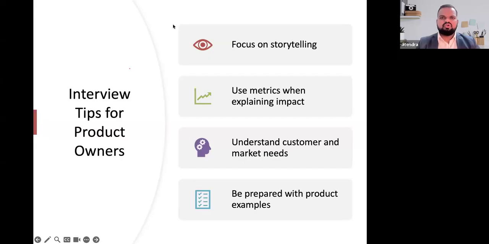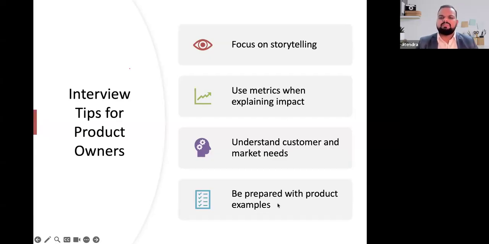Second one is, whenever you talk about, let's say, a product, you have to think about the problem statement. A product is not about the feature, it's about what value it's going to add in the customer's life. So I am working on this feature which is solving XYZ problem.